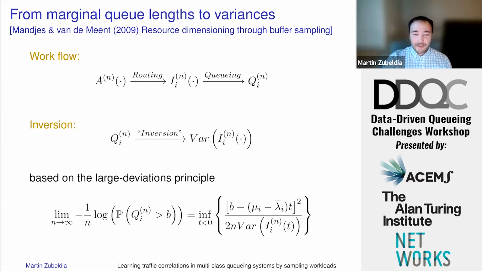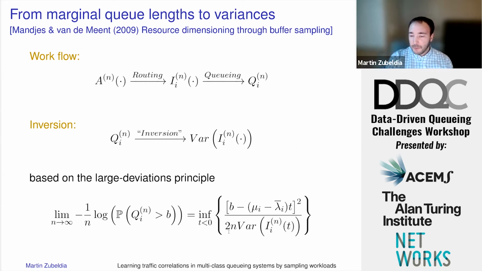And this is based on this large deviation principle. This is well known for single server queues with Gaussian input. It says that the limit of 1/n of the log of the probability of going above any threshold in steady state